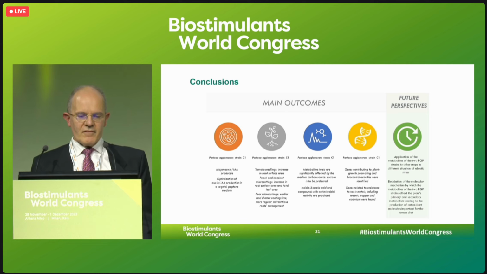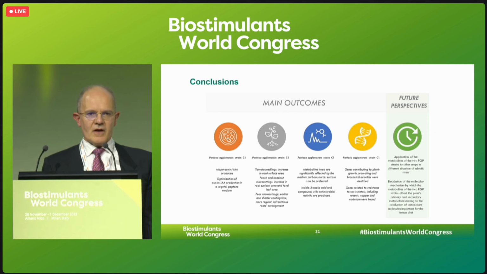We analyzed, by comparative genomics, other strains of Pantoea agglomerans to check if this effect could be obtained with any strain belonging to this species, and the response was not to the same extent that we could obtain with the C1 strain. That means that the selection of appropriate strains still remains a critical point in the development of future bioproducts based on plant postbiotics. And I thank you for the attention.